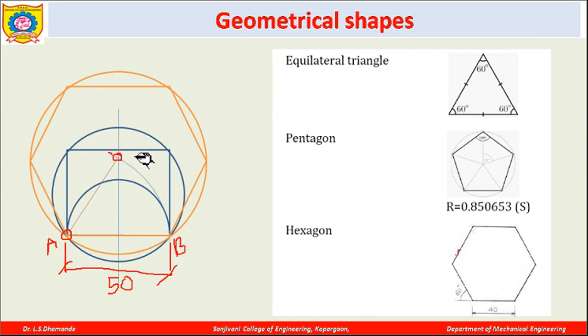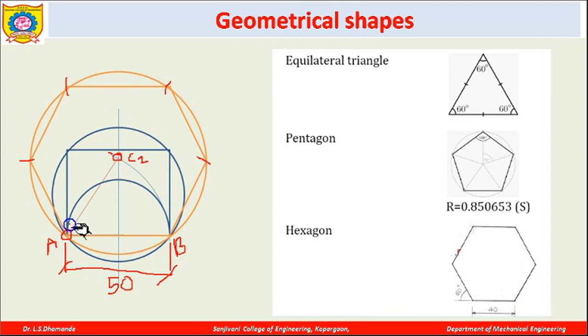Now with this as a center, let me write here C2, and radius equal to C2A, I will draw one circle. So this is nothing but a circle which I will draw with C2 as a center and C2A as a radius. And now let us consider the distance in the compass as AB, and just cut this particular circle. Similarly you will mark another cut over here, then keep your center point here and mark this arc. Again keep your center here and mark this arc.